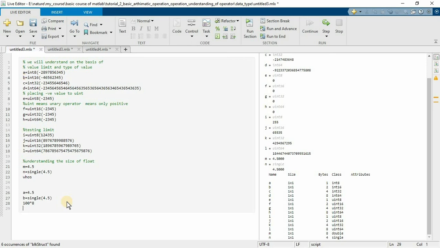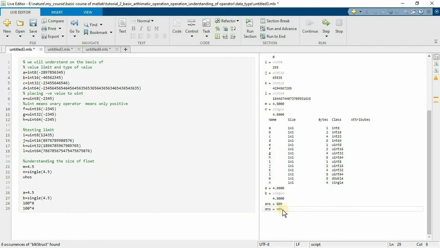Similarly, the size for the second programmer becomes 100 times 4. So the total size for the first programmer is 800 bytes and the second is 400 bytes for storing the same thing. In this case, programmer B is better.